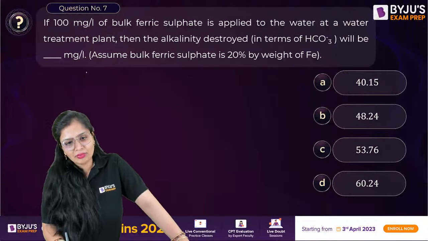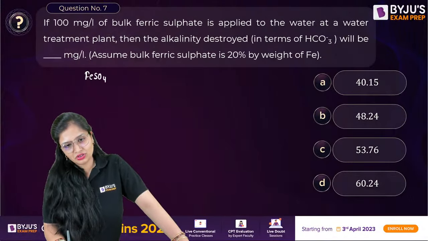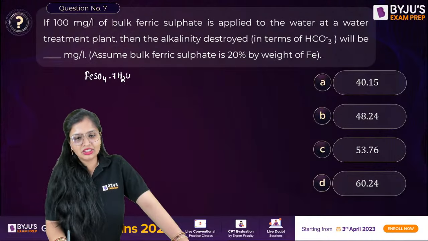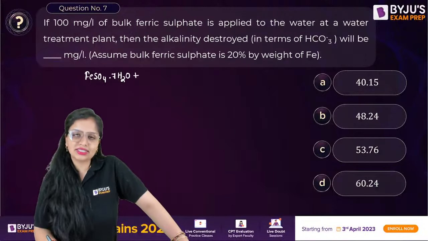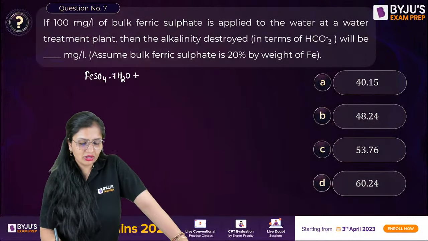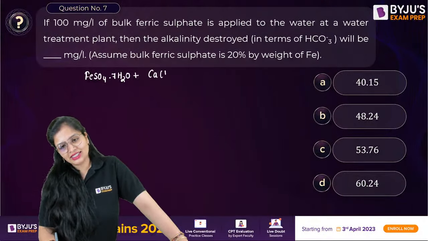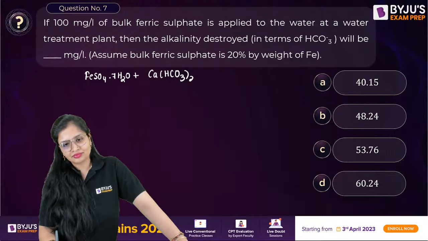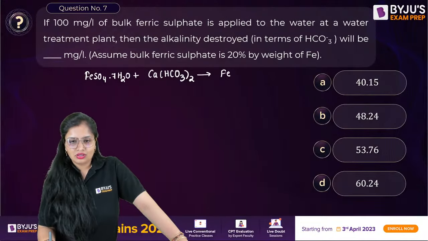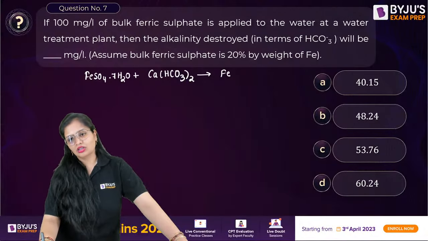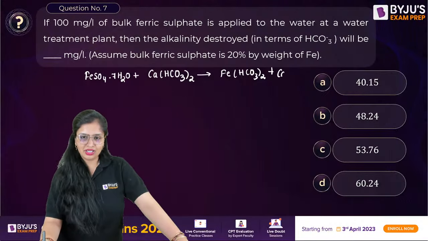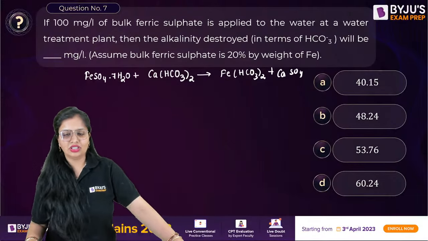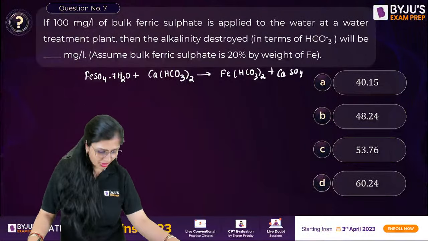You remember the formula, by the way, the molecular formula FeSO4.7H2O. Remember, this was also one of the coagulants, although we don't use it for drinking water, but still this is one of the coagulants. Remember, it also needs bicarbonate alkalinity. Yes or no? So Fe(HCO3)2. And what else can it become? There's one calcium sulfate and then water of crystallization is there.